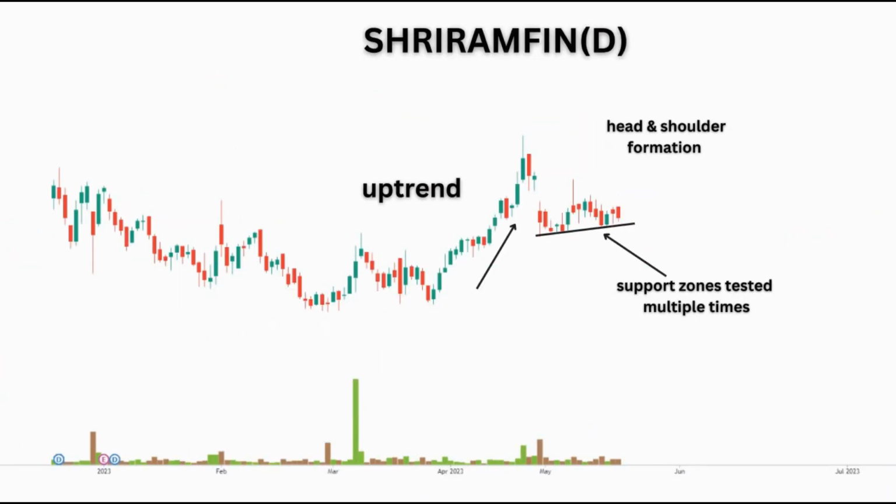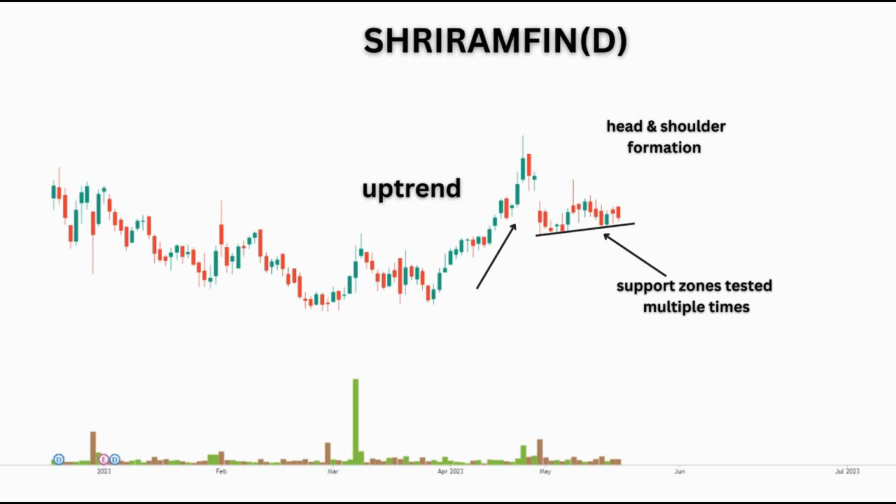This is the chart of Shriram Finance on the daily time frame. After a strong uptrend, prices gapped down and formed a range consolidation. Now what happened? This support zone was tested multiple times. So after a strong uptrend, range consolidation, and a support zone getting tested multiple times,